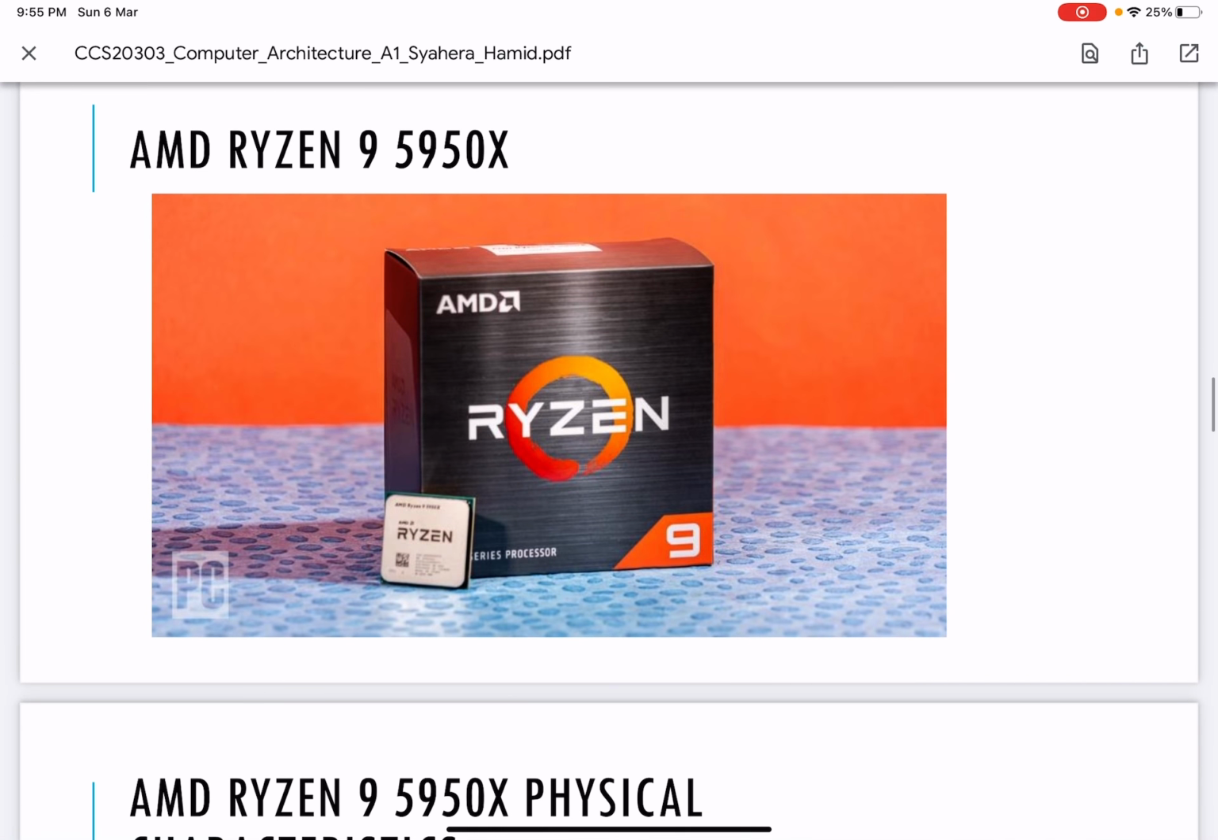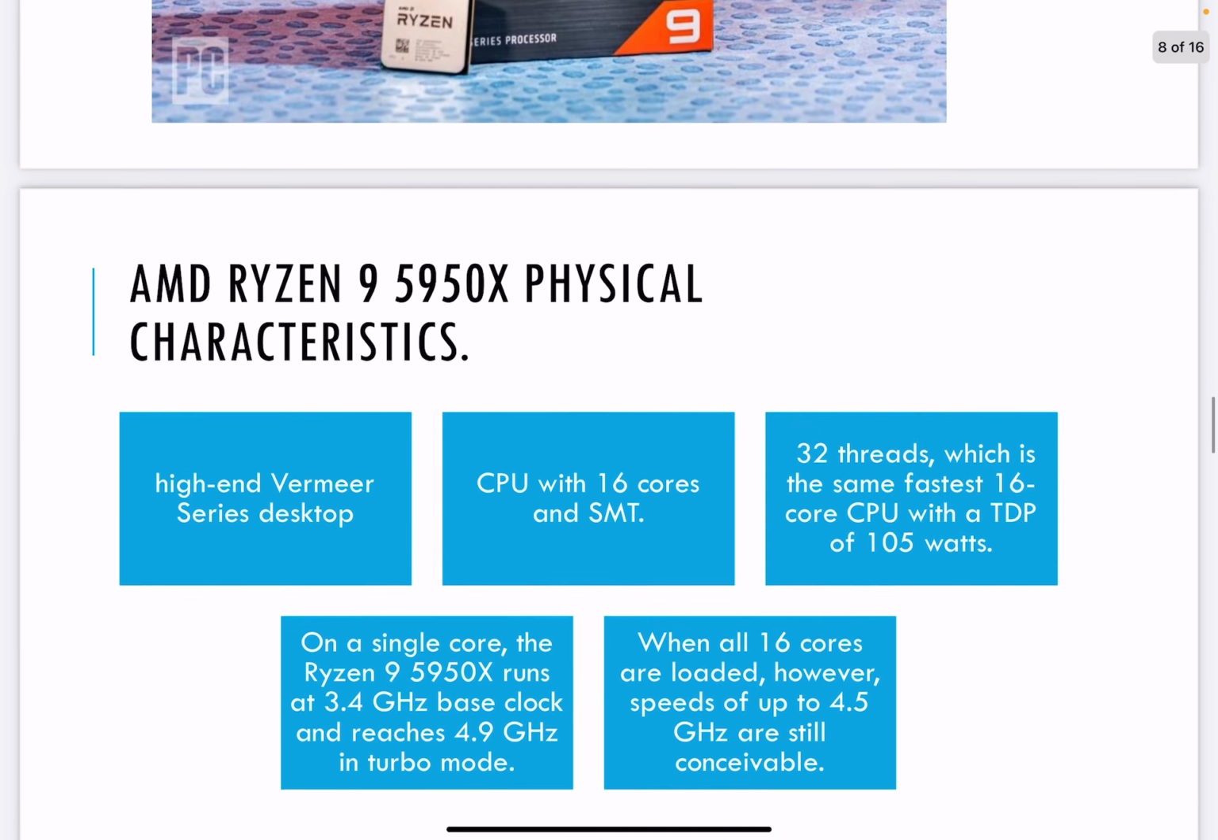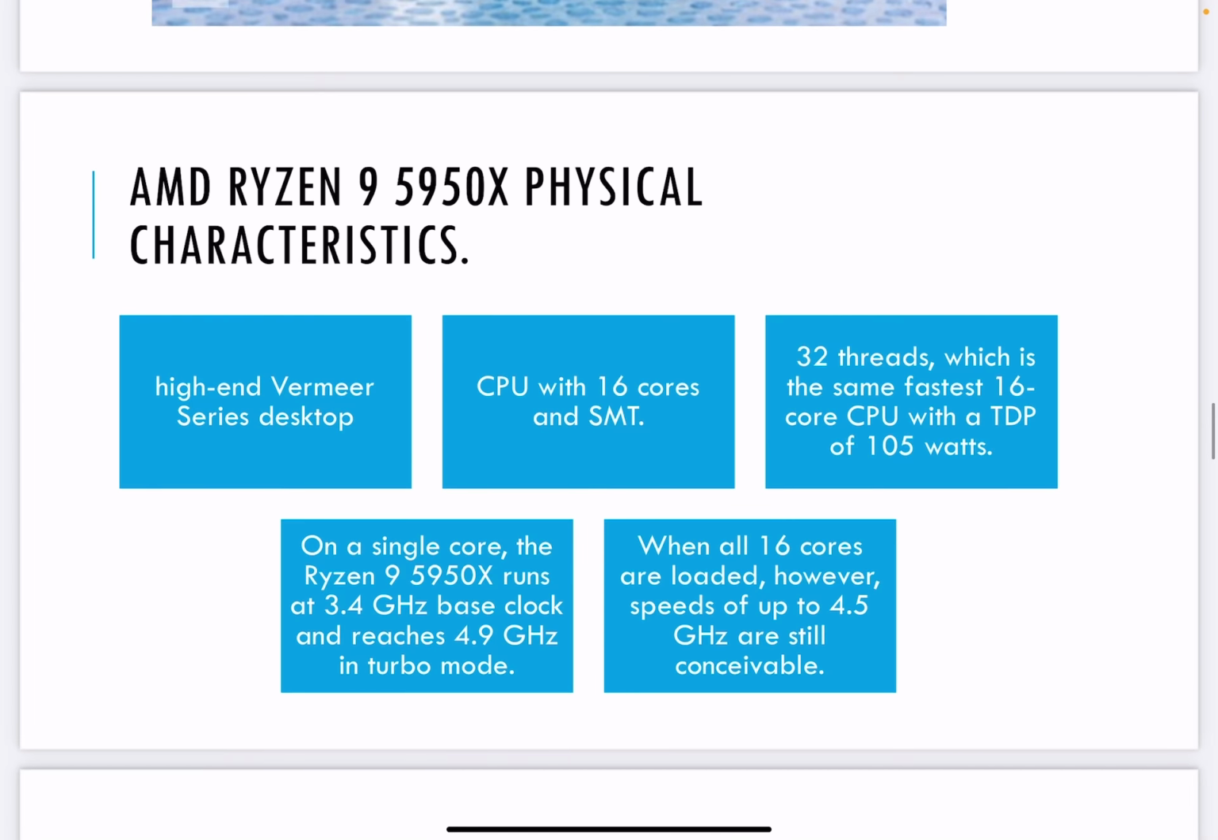So, first comparison is AMD Ryzen 9 5950X. So its physical characteristic, it is a high-end Vermeer series desktop CPU with 16 cores and SMT. It has 32 threads, which is the fastest 16-core CPU with a TDP of